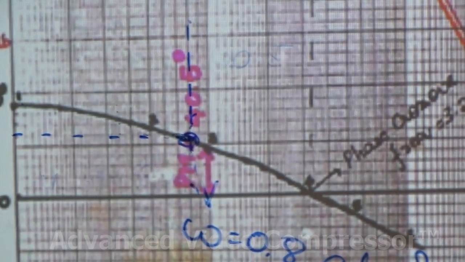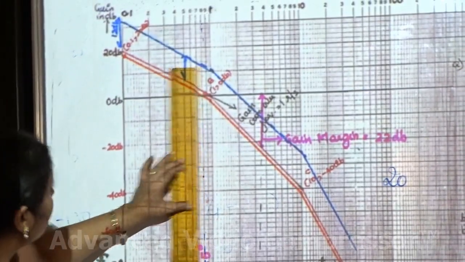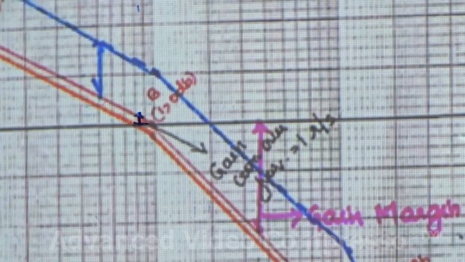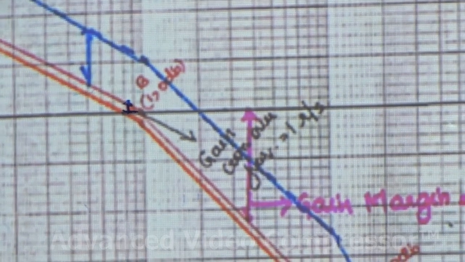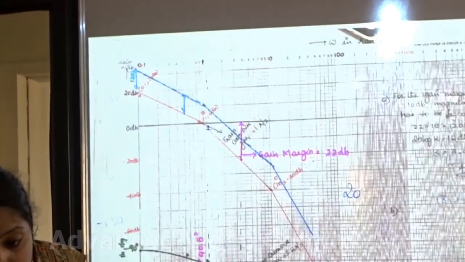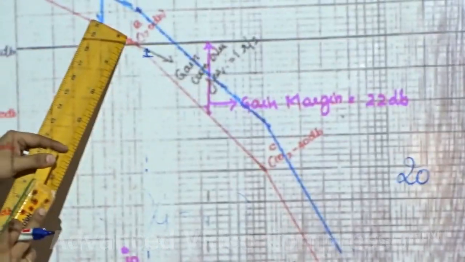Mark that 130 on the graph. See where it intersects. At that point, what is the frequency? Go up. Now what is the gain here? The gain from this point to this point was 2 dB. When will we have a phase margin? We will have a phase margin when the gain plot crosses 0 dB. But at this point, is it crossing the 0 dB line? No. We have to make it cross.